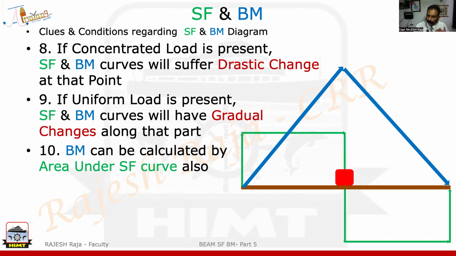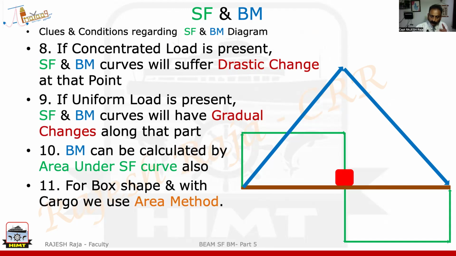Now, when you go for your box-shaped vessel with a loaded cargo, it is preferable you do only the area method, because that time trying to calculate using the moments method may not work out because of variation in the load. So there'll be sudden change of variation or gradual change of variation. Why? Because you have a cargo. The cargo maybe is in the form of a cone. So you will not be able to do it with the moments method. Since I'm doing only beam, I'm sticking on to the moments method, which is exactly the same.